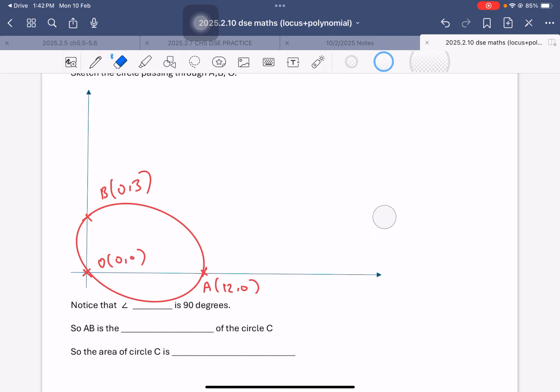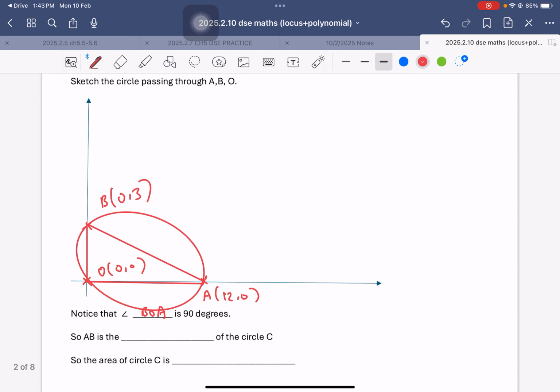So angle BOA is equal to 90 degrees, isn't it? So this is 90 degrees. If this is 90 degrees, then what is AB? So Sandip, if angle BOA is equal to 90 degrees, then what is AB? AB is